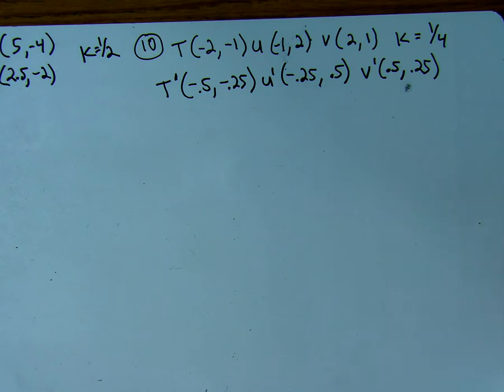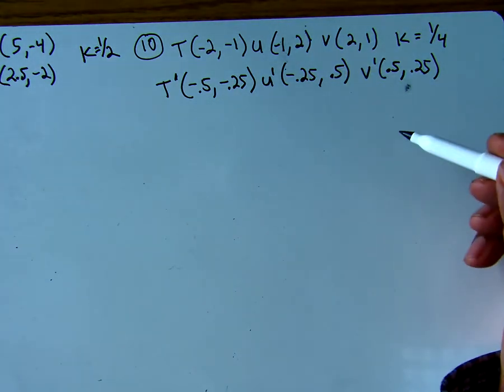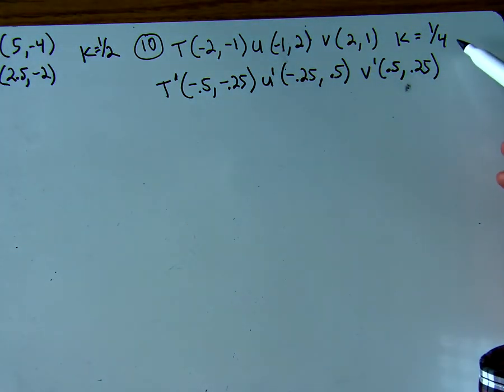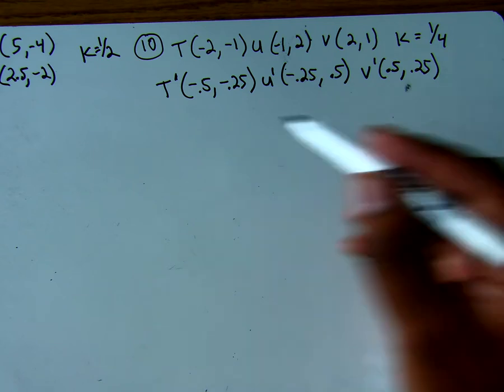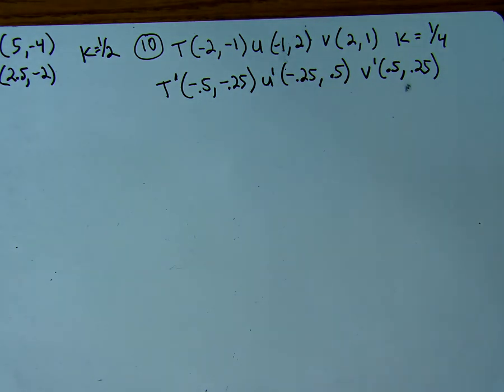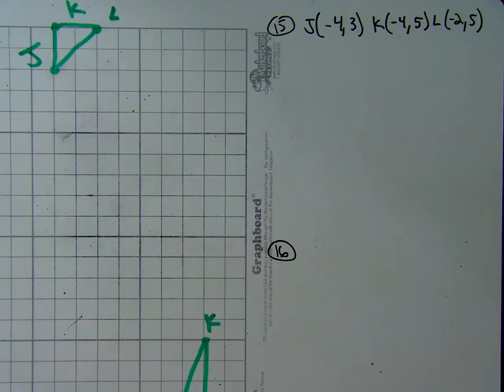Now, in our next example, we're going to graph the dilated figure. Well, basically, it starts off just like this. We'll multiply by the scale factor and then graph the new shape. So I'm going to show you some examples of those. Okay, now finally we'll go ahead and graph a dilated figure. But before we graph, we got to take a look at the figure, dilate it, and then graph the new